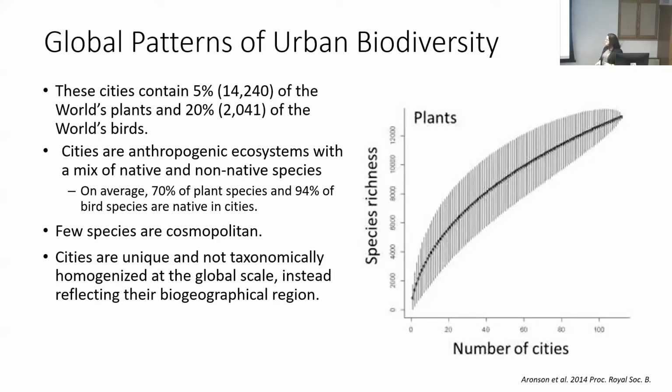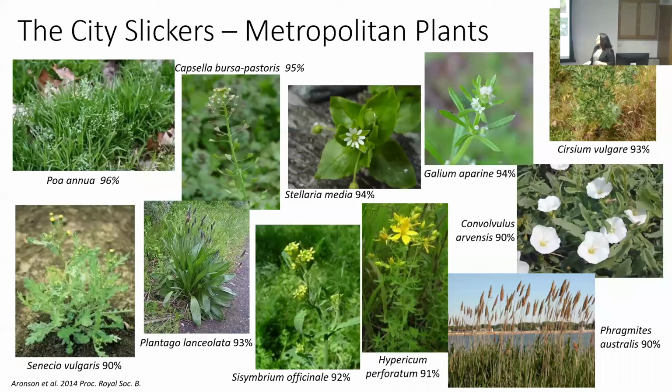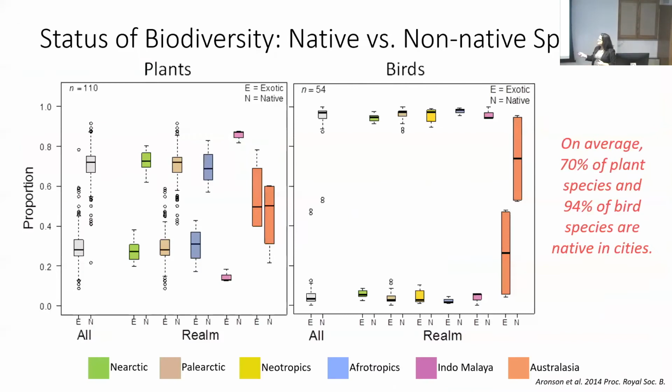And we also found that cities are unique. And so there's a lot of concern, and a bunch of papers have been written about this, that cities are homogenized, that because of introducing new plants and new animals, and also because of their characteristics, all cities are the same. So you go to New York, you go to Berlin, you go to Beijing, and they're all going to have the same species. But what we're finding is that cities are actually,